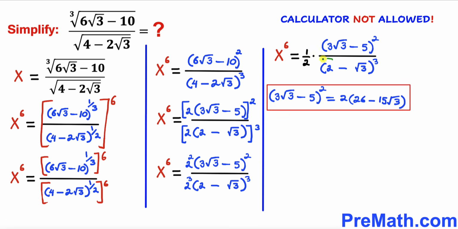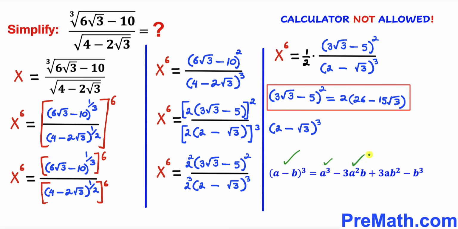And likewise, we are going to focus on this part at the denominator. And here I have copied down 2 minus square root of 3 whole power 3. And now let's recall another famous identity: a minus b whole power 3 could be written as a power 3 minus 3a square b plus 3ab square minus b power 3. And we are going to apply this one on this binomial. If I label this 2 as lowercase a and square root of 3 as lowercase b, then this could be